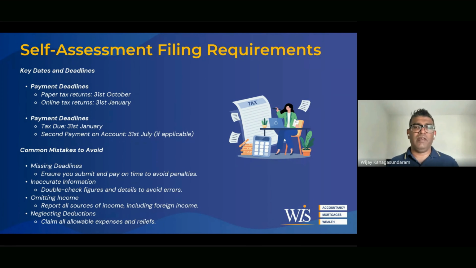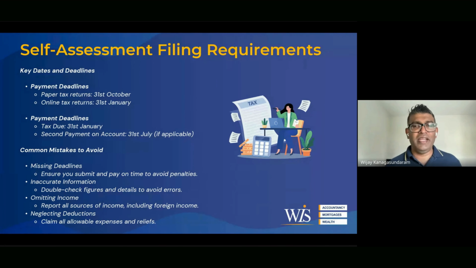So payment on account is, because HMRC does not want you to wait to understand how much tax you owe, they want you to pay those taxes in advance. So if your last tax bill is about £1,000, HMRC assumes your tax bill is going to be similar next year, so they expect you to pay some advance payments, and they give you two options. One is to pay half of it on 31st January, another half on 31st of July.